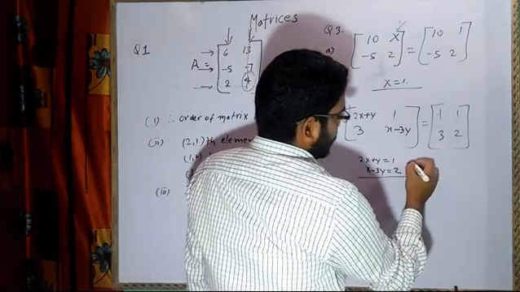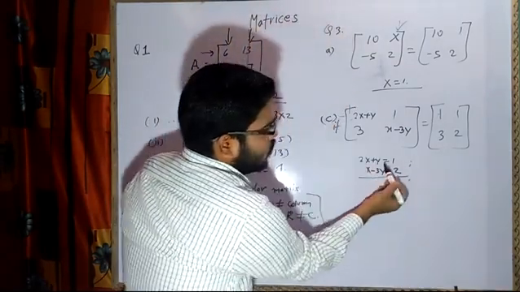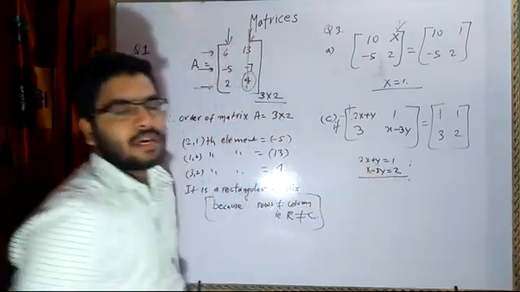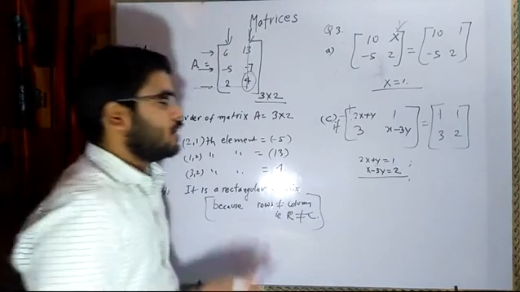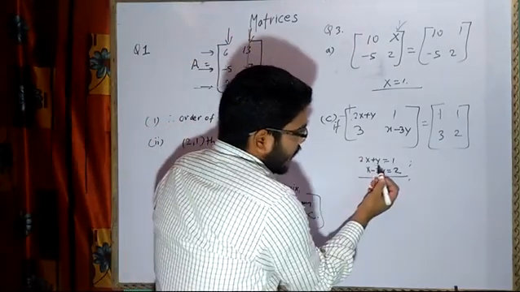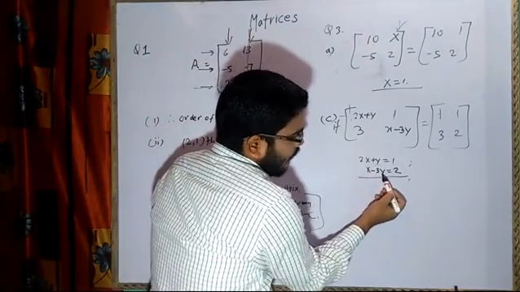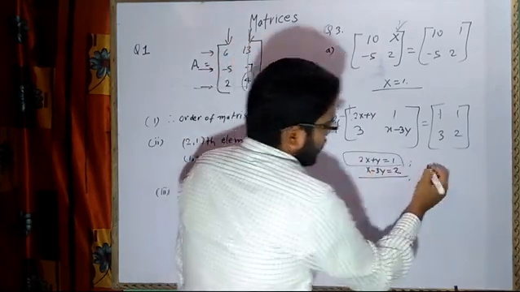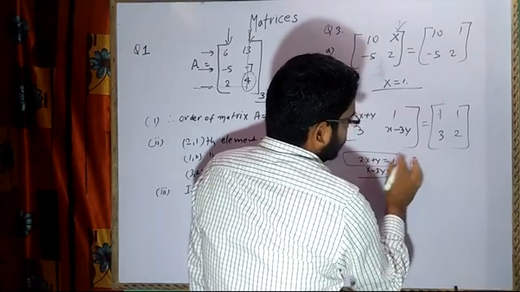Now for the elimination method, what we do is try to make any one of the variables equal and then apply the concept of subtraction or addition. Now if I have to eliminate y, then I have to multiply this entire equation by 3. So I will write multiplying it with 3.